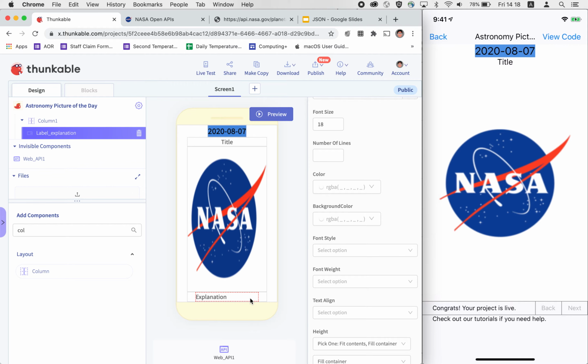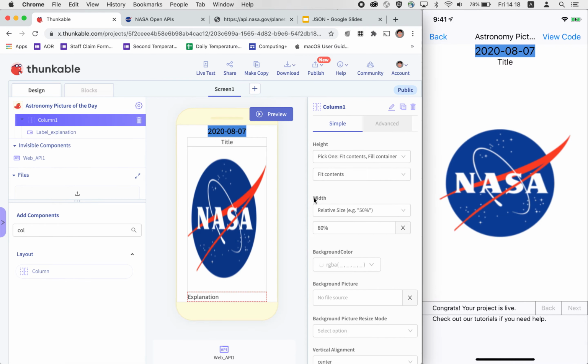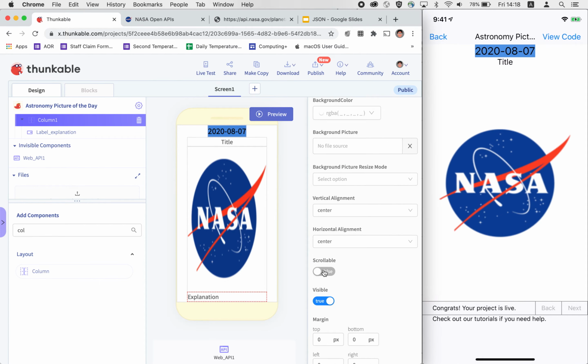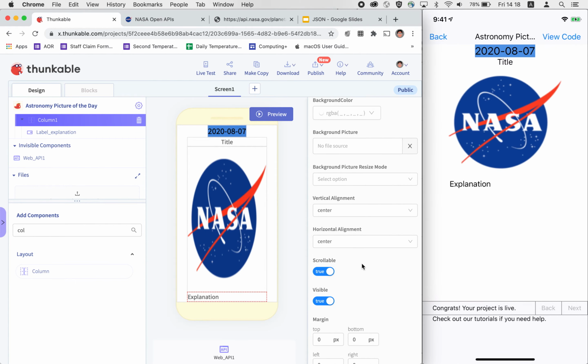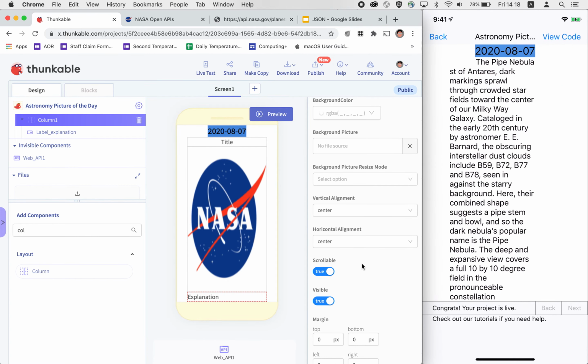So for the label now, we need to change to, instead of width, we change it to fill container. Okay, so it fills up the entire width of the column. Okay, and height, maybe we should say I'm going to just put fill container first. The column 1, okay, the column 1, we need to check scrollable. So in check scrollable, we will be able to actually scroll through the text. We are going to try this out. So 7 August again, we can click confirm, and